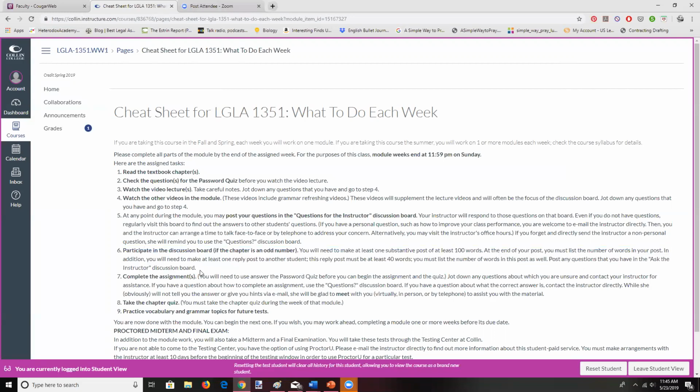If this were the type of class that you only have to do 10 responses, that would be listed here as well. So if you can't remember what the rules are, just remember that information is going to be in the cheat sheet. This is a really, really important resource. In fact, if I were you, I would print it out and put it in my notebook that I have for this class, so I've got it handy and I don't have to pull it out each time, because this is very, very useful information. Let me go back to the discussion board.